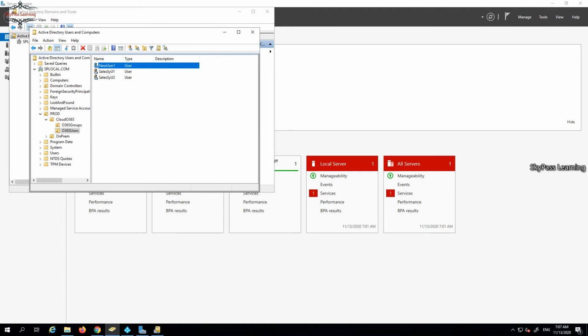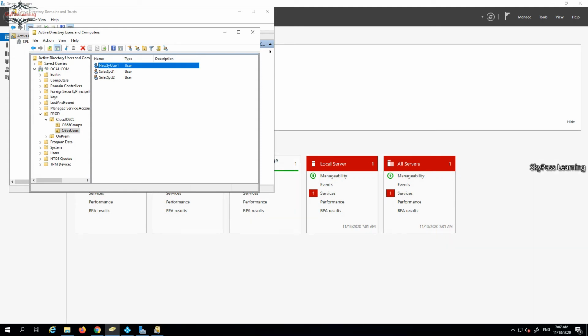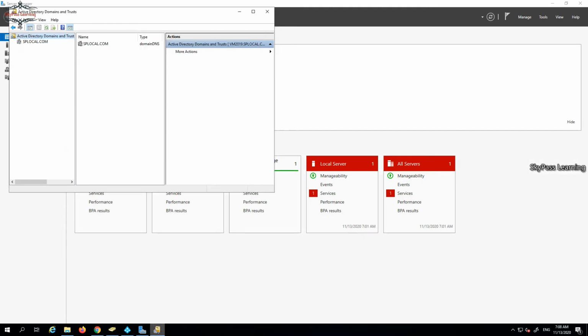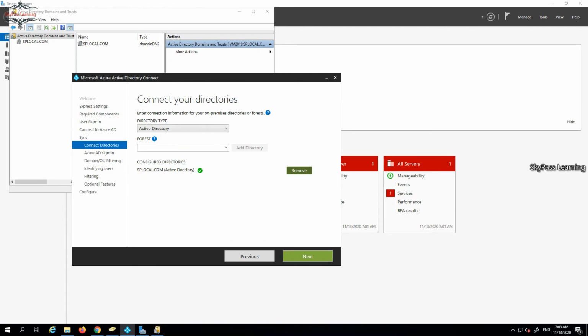Two were the ODL one and my other is also. Okay, let me quickly rename it as user 1 new SY user 1. I can just change it, just for the synchronization purpose. And the logon name I'm also going to change. This would be easy. Okay, so what I will do, I will sync these users and this group. SPN suffix is added. Now I'm going back to my Azure AD. Go back on previous and recheck once again.